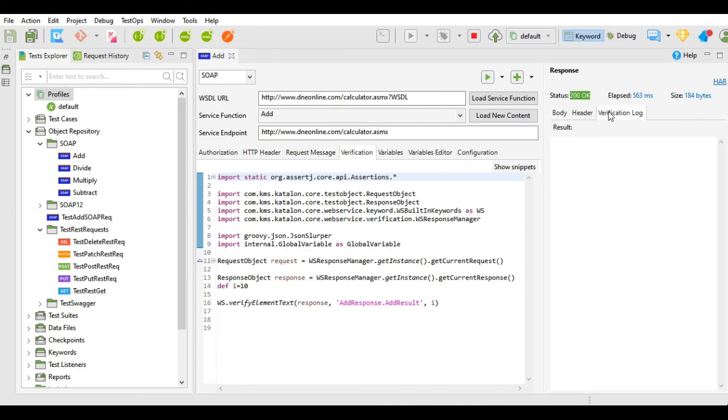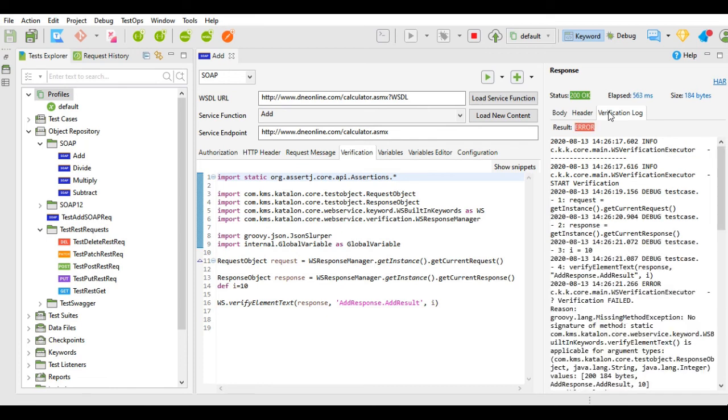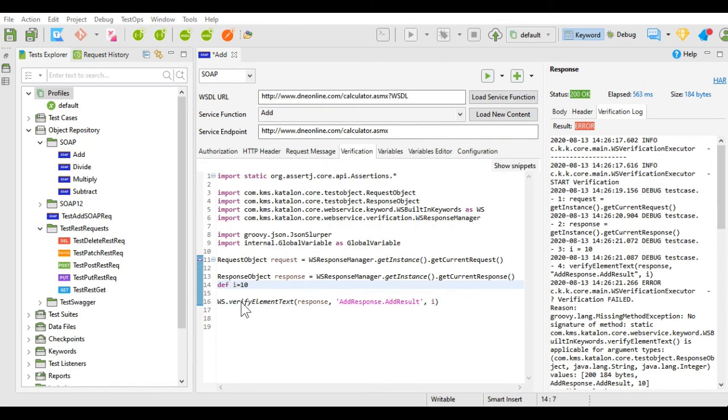And if we go to verification log, it will be failed because the expected and actual result will not match. It has given the error because we are verifying the element text and this is defined as a number. So I will change this number to a string and now we will execute this. Now this should be fine.